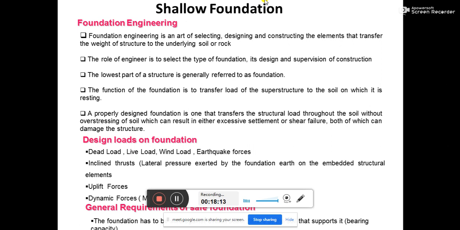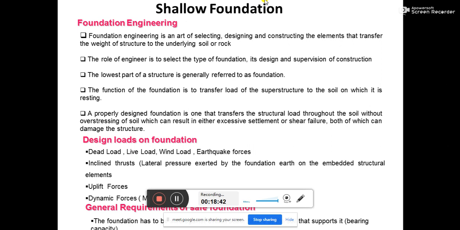Next type of load: in different cases, you will find that foundations are subjected to different kinds of lateral pressure. So lateral pressure exerted by the foundation earth on an embedded structural element, that also you need to consider. Lateral pressure means, if you think about a retaining wall, if you have noticed that by the side of